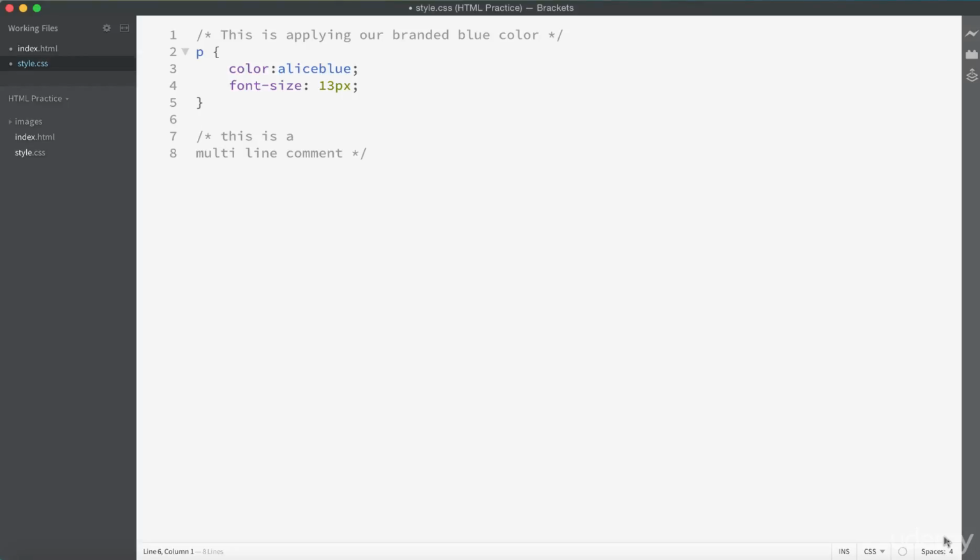Alright, let's talk a little bit about CSS selectors. Now in the last video we learned what a CSS selector is, and in the example we have here with our paragraph, it's going to be the actual P written here. So essentially what we're doing is we're saying, hey, we want to select all the P's, so every time we see a paragraph or paragraph text in our HTML, we want to apply some specific colors or fonts or any